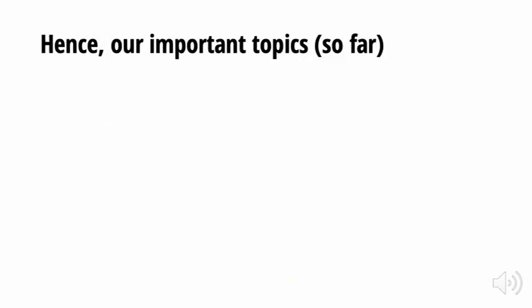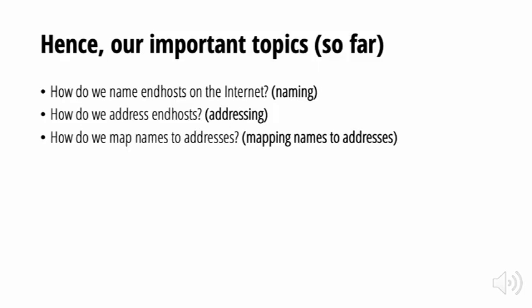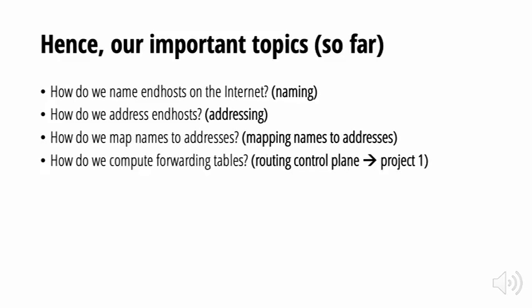Hence, to recap, important topics that we've discussed so far: how do we name hosts on the internet? That's naming. How do we address them? That's the topic of IP addressing. How do we map names to addresses? This is going to be the DNS system. How do we compute those forwarding tables? We're going to have multiple lectures and one project on the routing control plane. And then finally, how do we forward packets? This is the design and implementation of IP forwarding and the IP data plane. And with that,